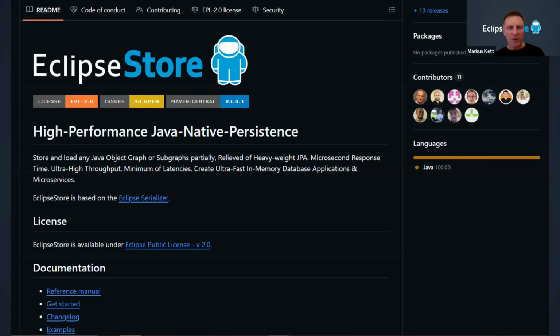Register as a contributor, and you don't have to write code. You can also support us by reporting bugs, for instance, or maybe adding some examples or writing some documentation. You're invited to support the EclipseStore team,